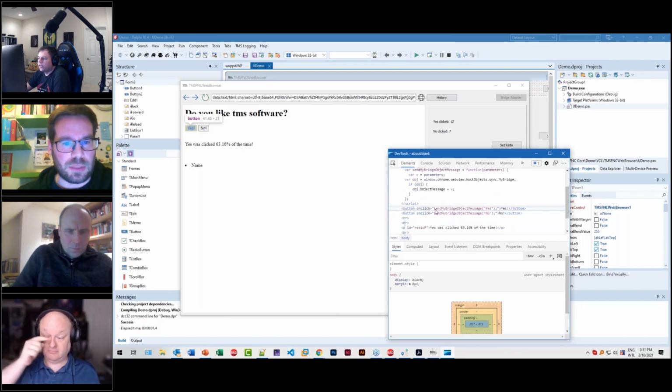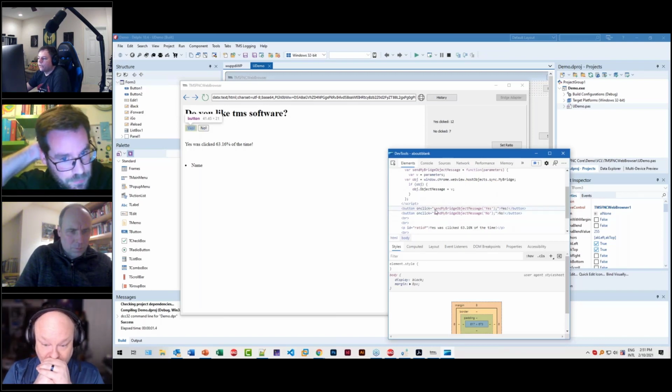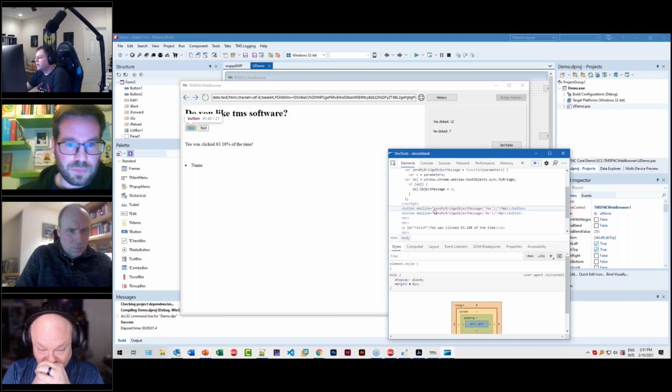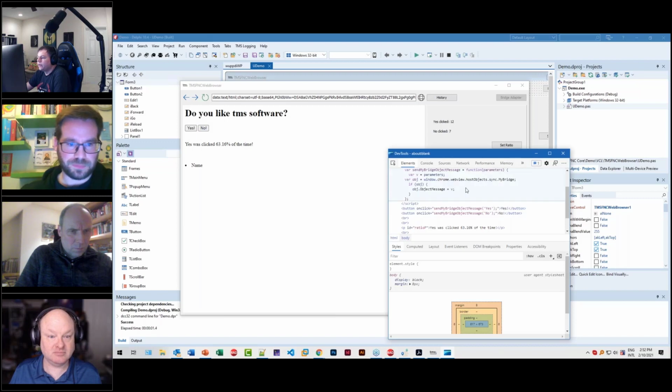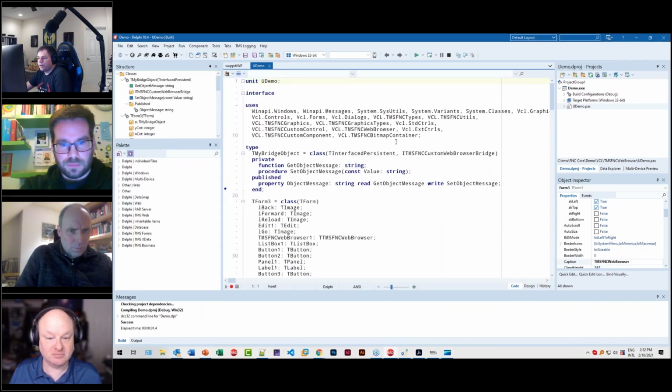Yeah, you can clearly see here that the button element in HTML gets an on-click event, and the on-click event is specific for the bridge component, set my bridge object message, and this message is being sent whenever we click here. And I'm quite sure if we go into the source code of this application, we find the code